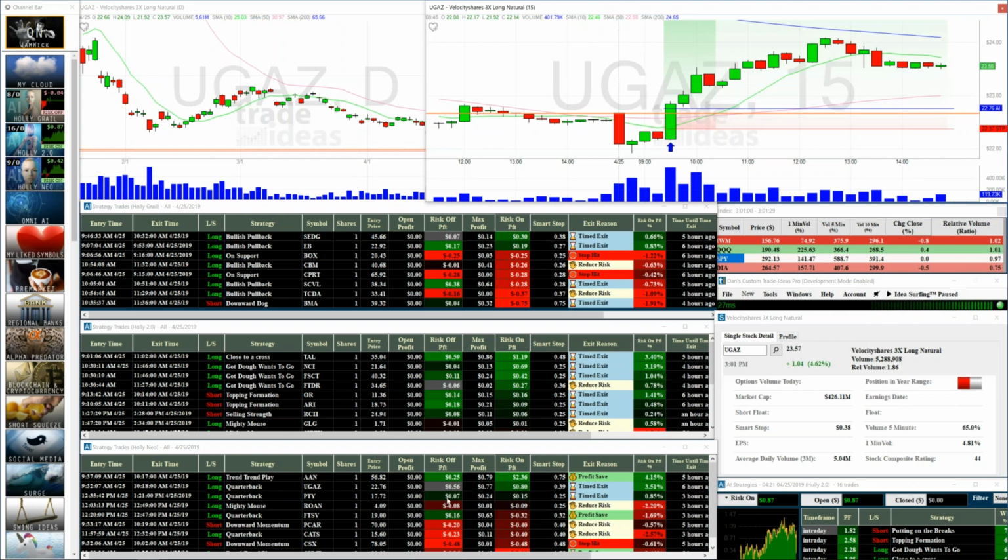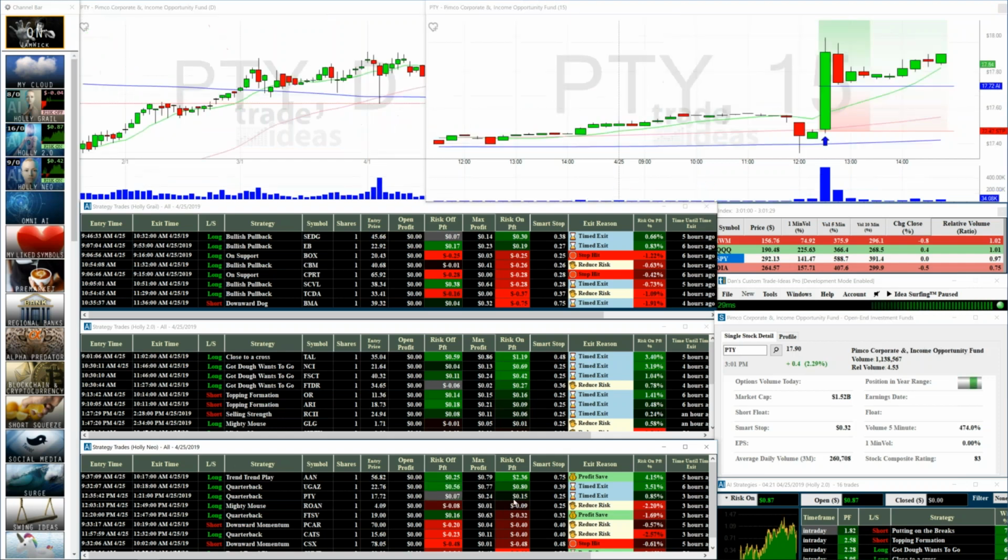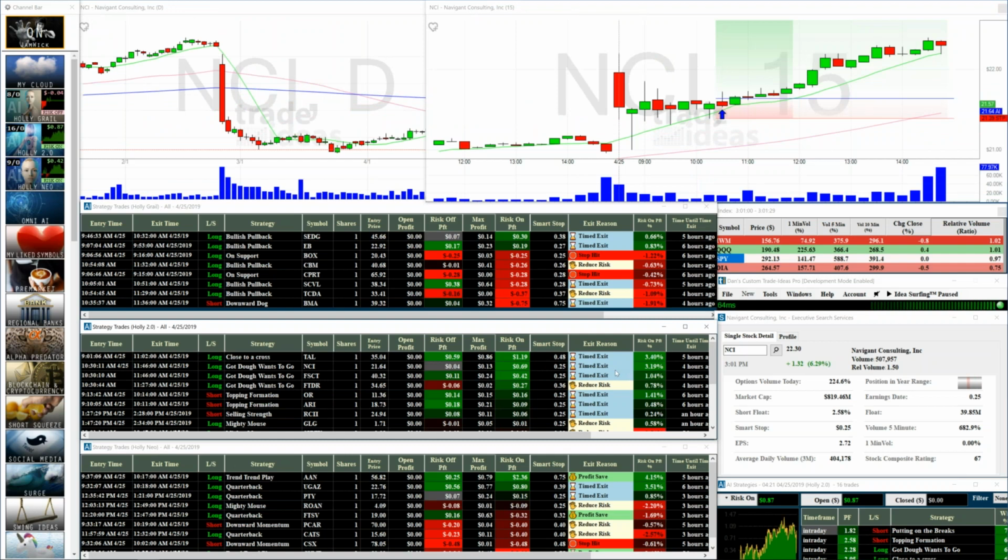I mean, we got a 7 and 8 center here, but let's move on to a couple of the other modules here. That's a pretty good spread there on this NCI, 4 cents. The interesting thing on this one is it wasn't a profit save. It just meandered slowly throughout the day. Keep in mind, these are 15-minute candles here, so that's a good 1, 2, 3, 4, 5, 6. That's a good hour and a half in there.